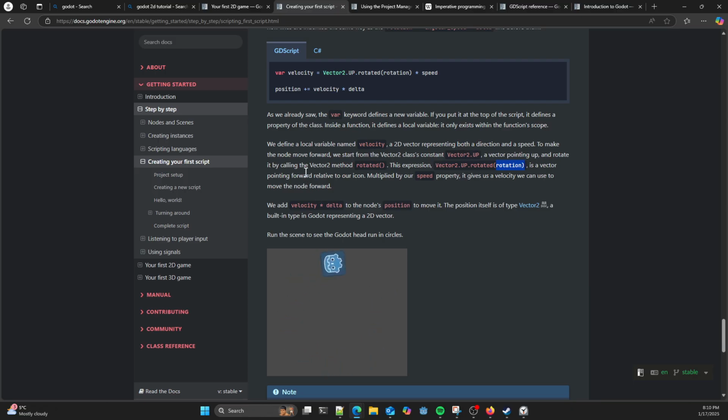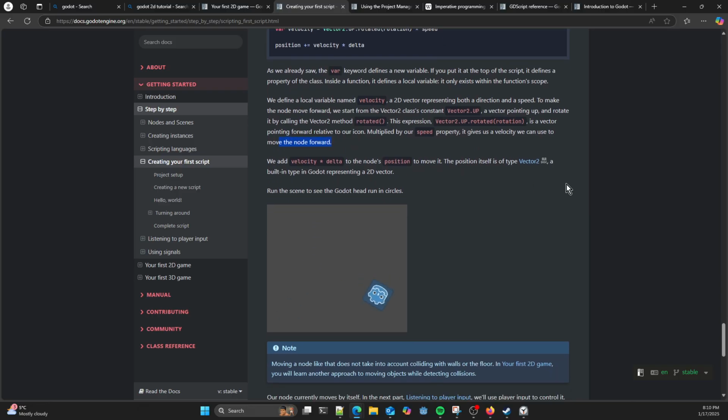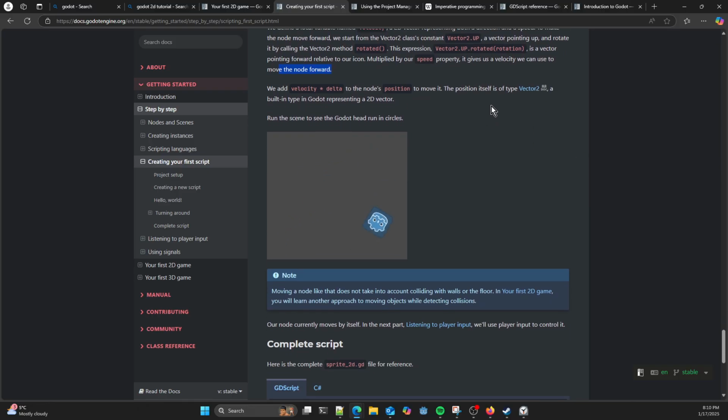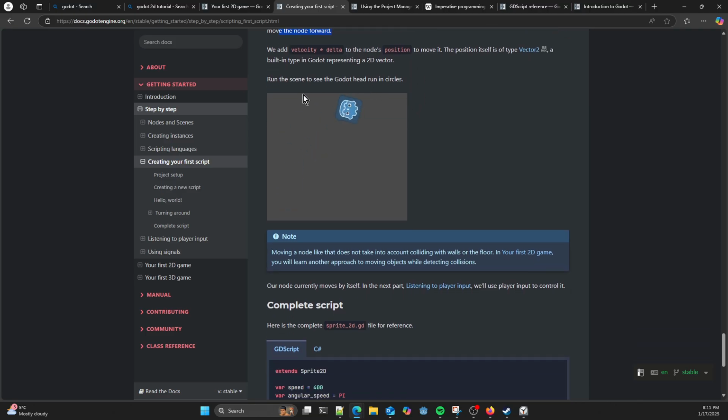It's a vector pointing forward, rotated to the icon's rotation, multiplied by speed. It gives us a velocity we can use to move forward. So we add velocity times delta to the position to move it, and position itself is type Vector2, Godot's built-in type representing a 2D vector. Okay, and then we run the scene. Now this thing moves in circles.